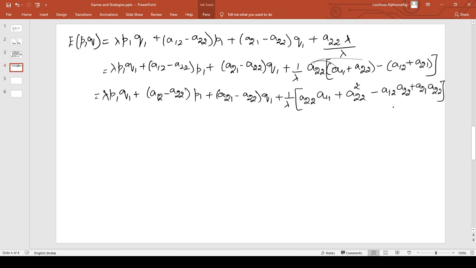Again, this is not going to help in any way. There is one combination missing, which I'm going to add and subtract and rearrange the terms, and hence we are going to simplify this. Okay. So until then, keep these terms as such.